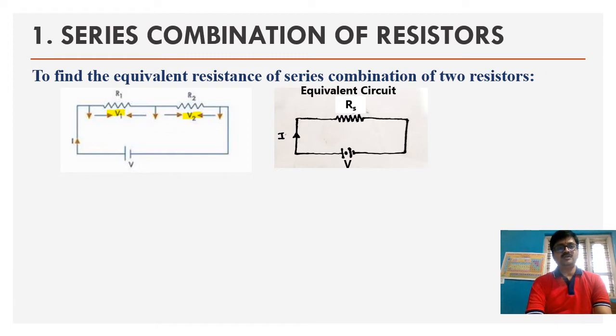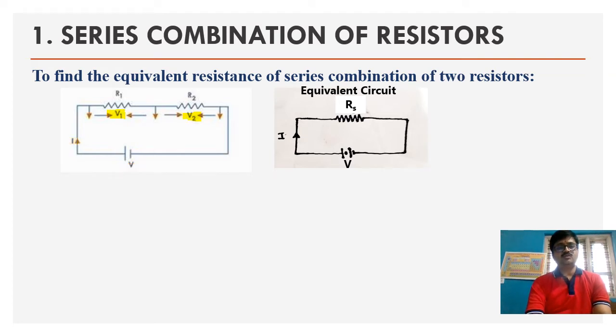So we are showing the resistances R1 and R2 in series, and these combined resistances are connected by a cell whose EMF is capital V, and a current has to be shown flowing out of this cell starting from the positive terminal. Then you must never forget to show the potential differences V1 and V2 here. Fine. So are we clear on these two? This diagram is clear, I suppose.